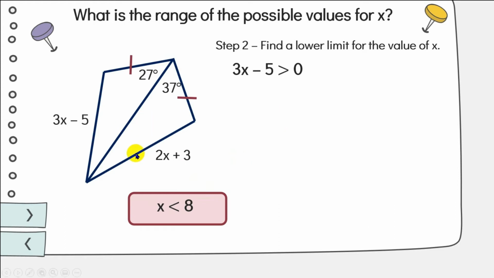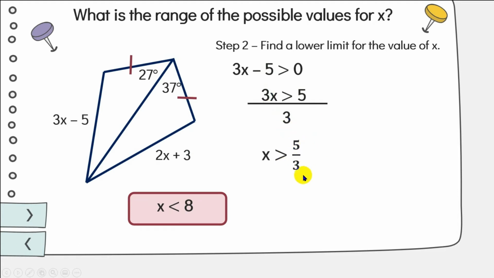Walang side na 0 at walang angle na 0 when it comes to triangle. Kaya we have to set it as greater than 0. So, in this case, dahil parehong sides ay may binomial at parehong sides ay may variable x, we have to do this twice. So, 3x minus 5 is greater than 0 and also yung 2x plus 3 should be greater than 0. So, dito muna tayo sa 3x minus 5, additive inverse of negative 5, that's positive 5. Then, divide both sides by 3 para makuha lang yung value ng x,